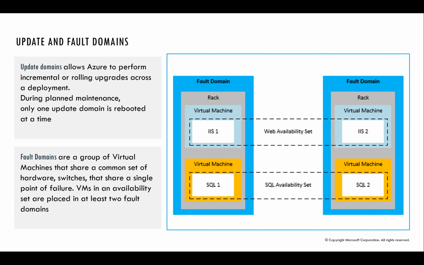You intentionally spread your redundant components across different fault domains, across different update domains. So if I have a web server that is meant to be highly available, the primary point of designing redundancy or resiliency is that it shouldn't be just one. I should make it 2 servers performing the same function. That's the first thing. Then I should be intentional, placing them in different fault domains and in different update domains, so that they are not impacted by patching and they are not impacted by